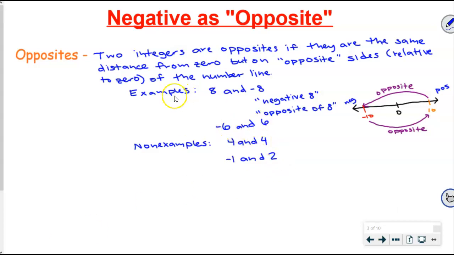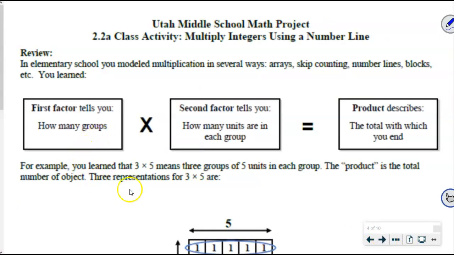Negative 6 and 6 are part of the examples. Non-example starts here. Thank you for clarifying. This is going to be incredibly important today, so please remember this concept of opposite. I'm going to pause the recording as students repeat this back to each other. All right, and now that students have had a chance to review that with each other,